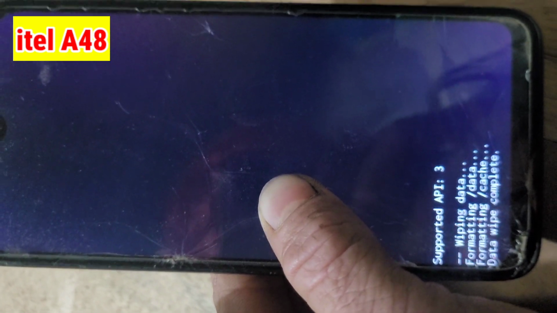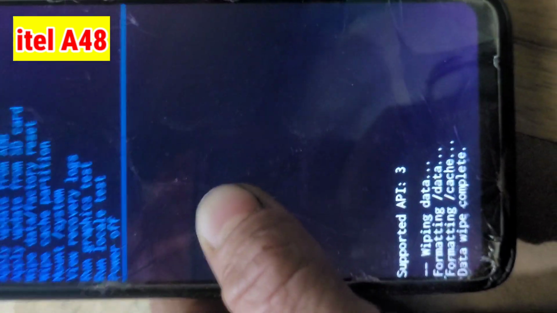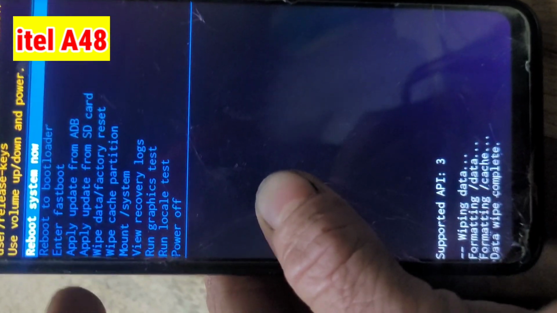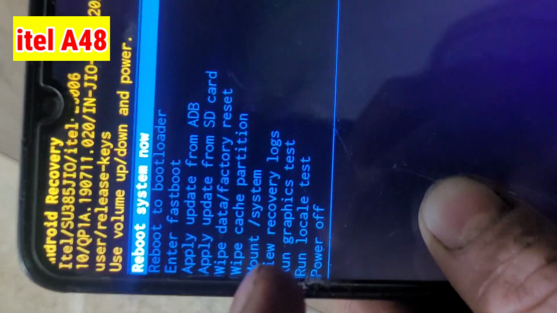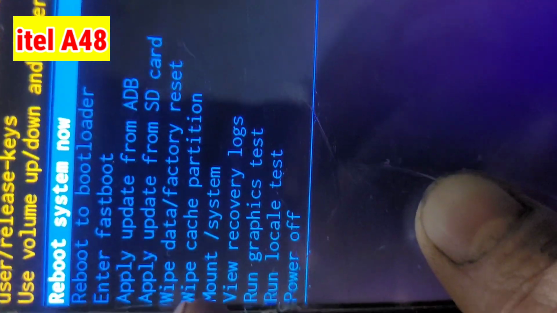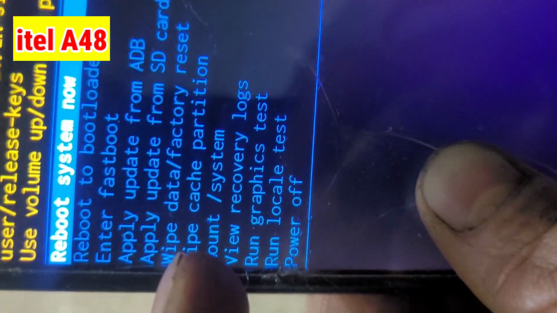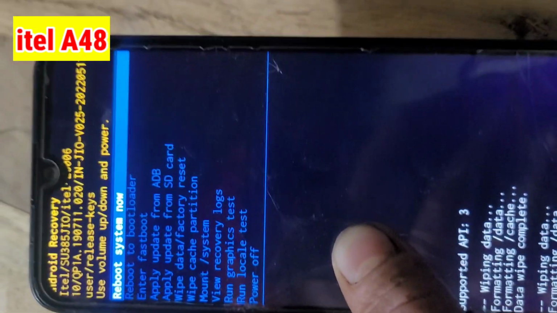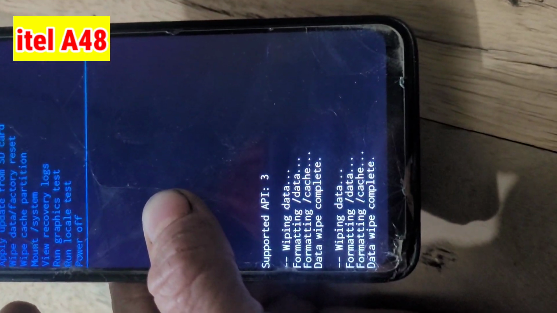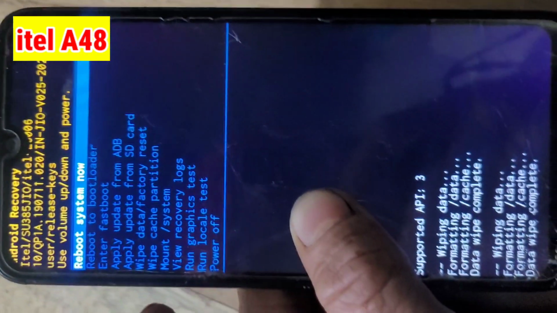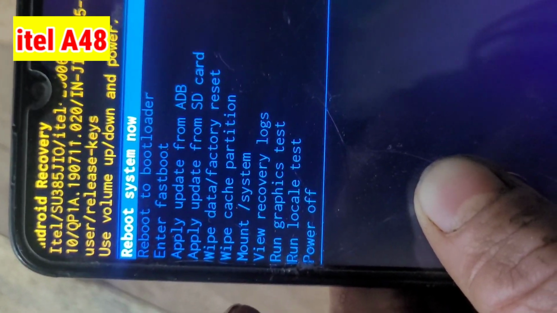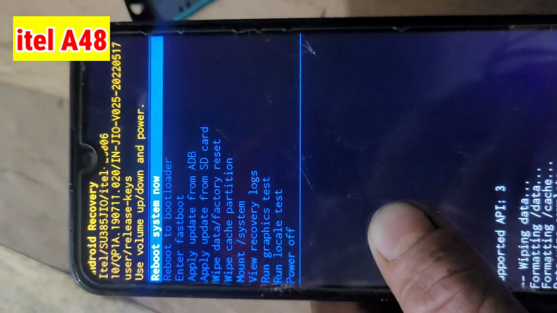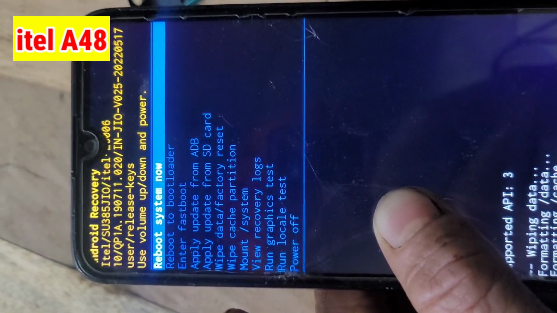This device has been factory reset 2 times. I have wiped the data of this device 2 times because it is FRP locked. Then click on reboot system now and restart this device for setup.